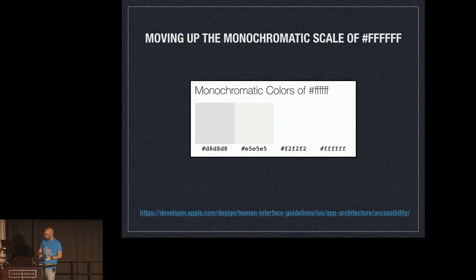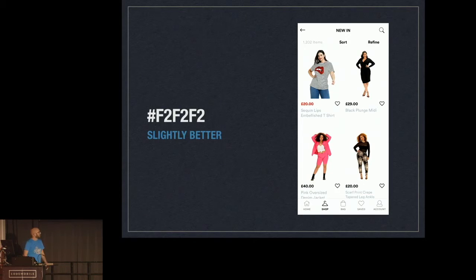I'm going to change the background of the app on the product list page, and I'm going to get Neve to run the two tests again, with or without distractions. So the first one I did was here. I changed the background to F2F2F2, and it was slightly better. The words didn't jump out as much as they did before.